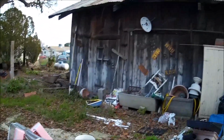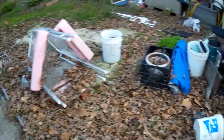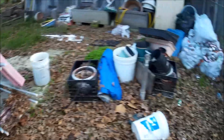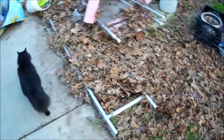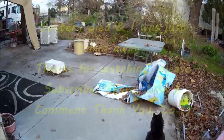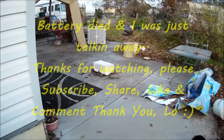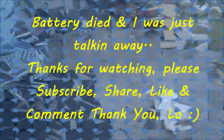Calling it quits. Big old shed. All this stuff here is gonna go in the garbage. Gonna get it cleaned out. Get all these leaves out of here. Yeah, a couple more days of work. We'll get there. And hopefully, I'm hoping now that this is